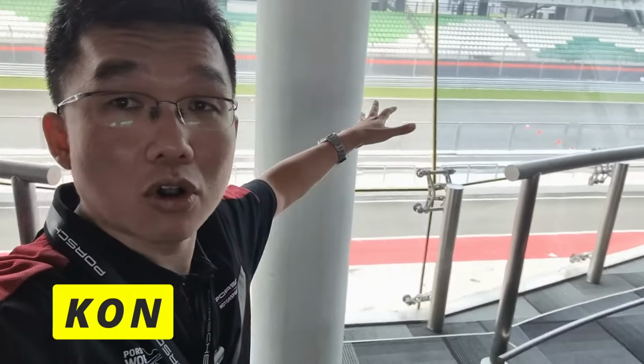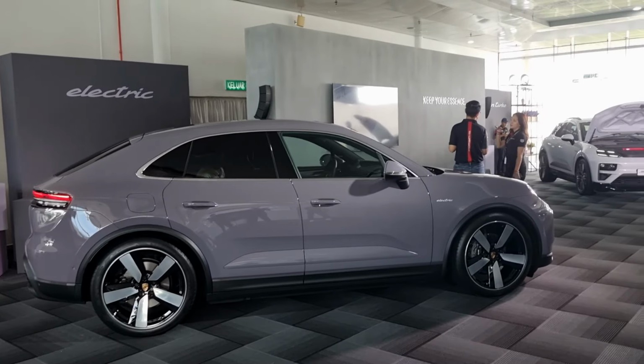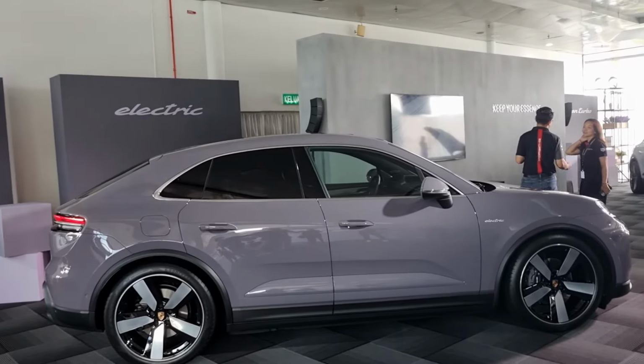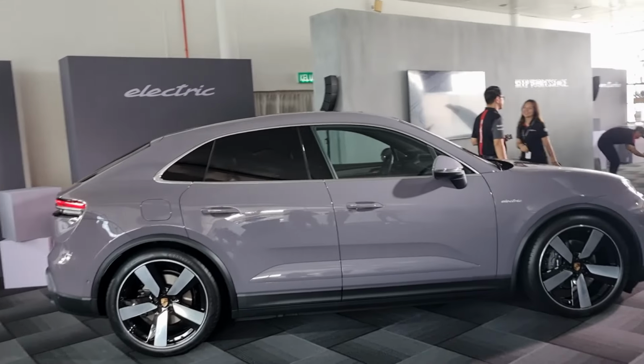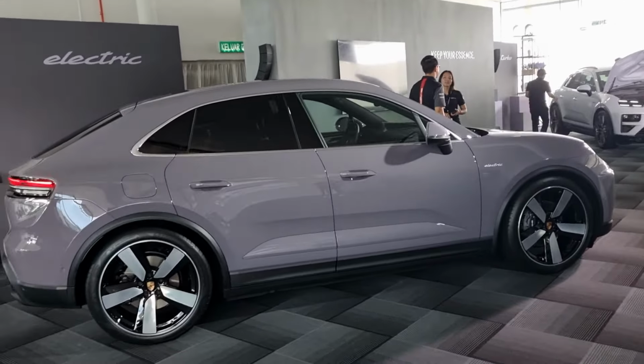Okay, so today I am in Sepang for the Porsche World Road Show, and in between all the track activities going on, we are being shown this, the all new, all electric Porsche Macan. All right, and you would have read from reports that this iteration of the Macan will not have a combustion